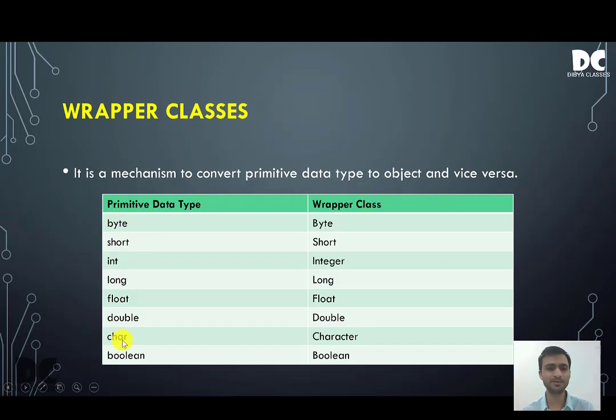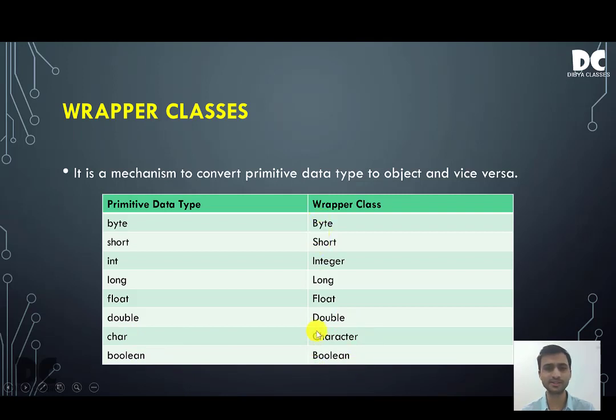So here primitive data types we had studied in chapter 3. Byte, short, int, long, these are integer data types, float, double, real data type, char, single character, boolean, to store true and false, you already know. So all these primitive data types have their own wrapper class. And you can see the names are same. Byte, here also it is byte. Short, here also it is short. Int, here it is a full form Integer. Long and Long. Float and Float. Double and Double. Char, the full form Character. Boolean and capital B Boolean.